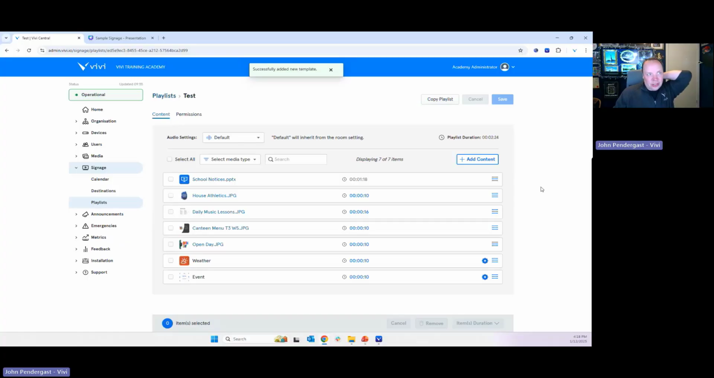Now, the final thing I haven't actually mentioned, we have just launched a brand new integration with Canva, and so it will allow you to push Canva content through to Vivi as well. So if you do use Canva, what you'll be able to do